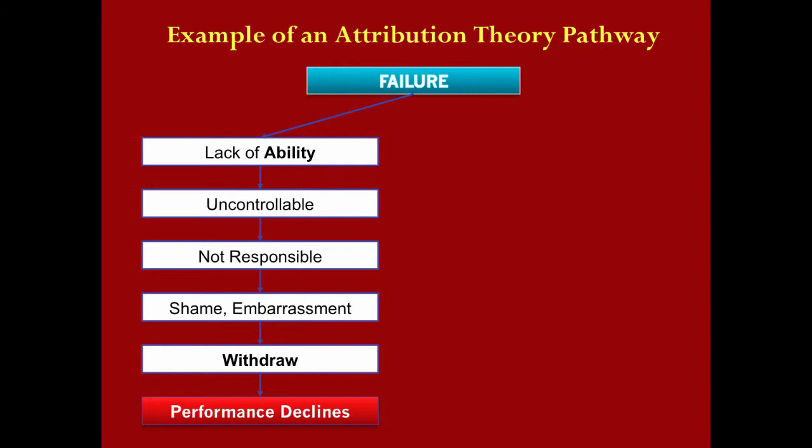As a result, the student can either withdraw from exerting effort, withdraw from contributing to class, withdraw from showing up to class or participating when they are there, or withdraw from classmates that may ask them how they're doing in the class. As a result, their performance in this class or with assignments would decline.